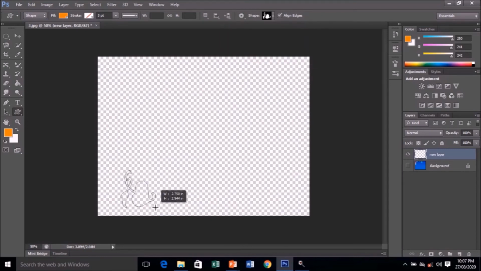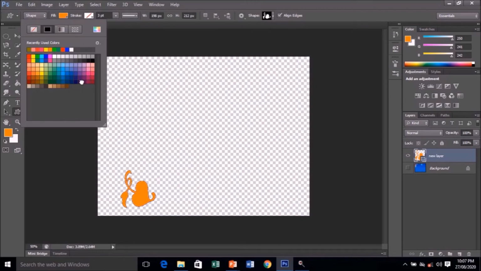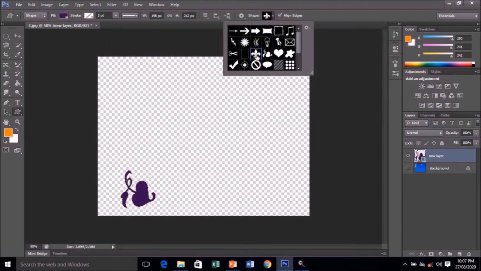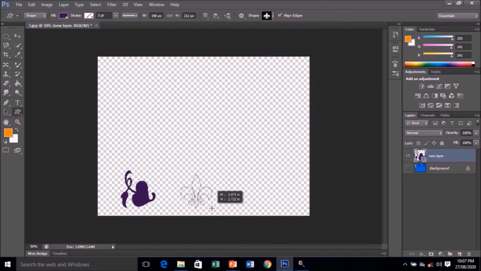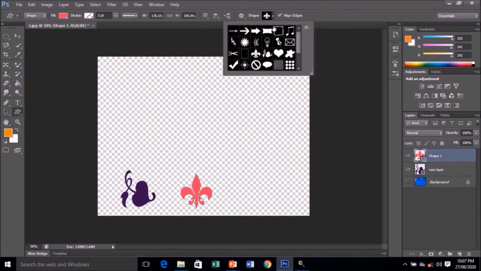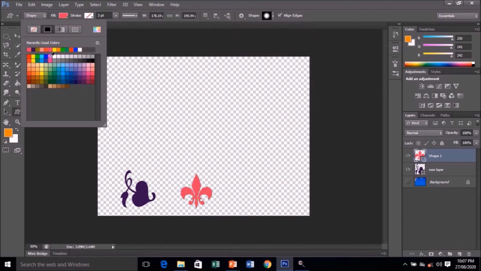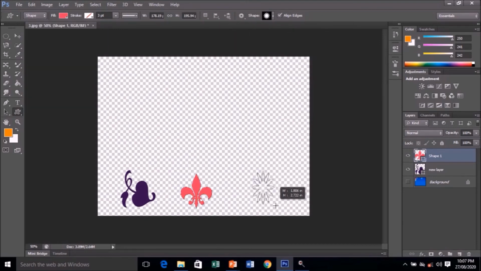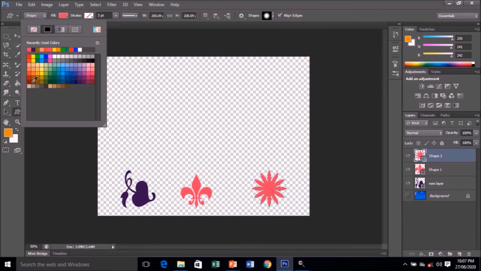So here we'll draw some shapes. I have drawn the first shape here. You can change the color also. Let's go for some more shapes. In the previous video we have learned how to draw custom shapes. So this is how you can have different shapes and colors of your own choice. Let's draw one more shape here. So here it is. Okay, now let's move to the background.